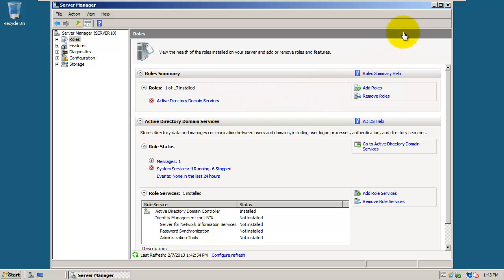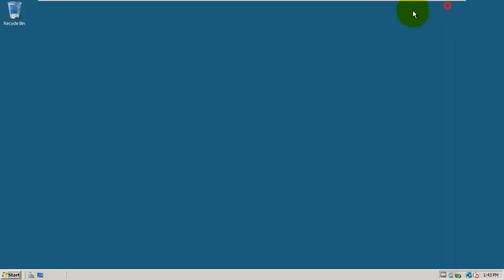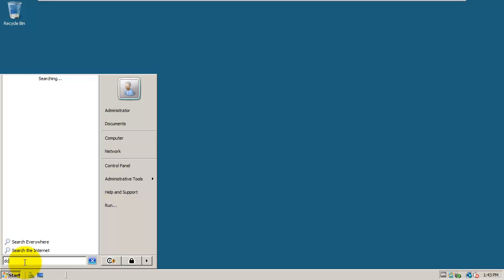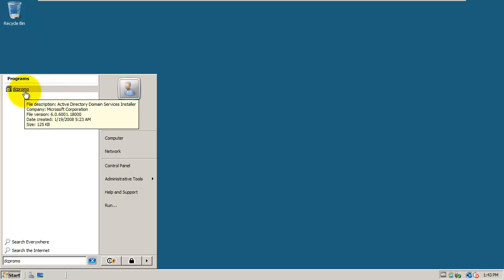I can go ahead and close this, and I want to run the command DC promo. It's a domain controller, and I want to promote this domain controller. Right now, it's just a regular domain controller, and I want to promote it to kind of the master. So I just type in DC promo, and it is an actual program. It's not a command prompt command, so I can just run it right from here. I don't have to go to command prompt first. So, DC promo,